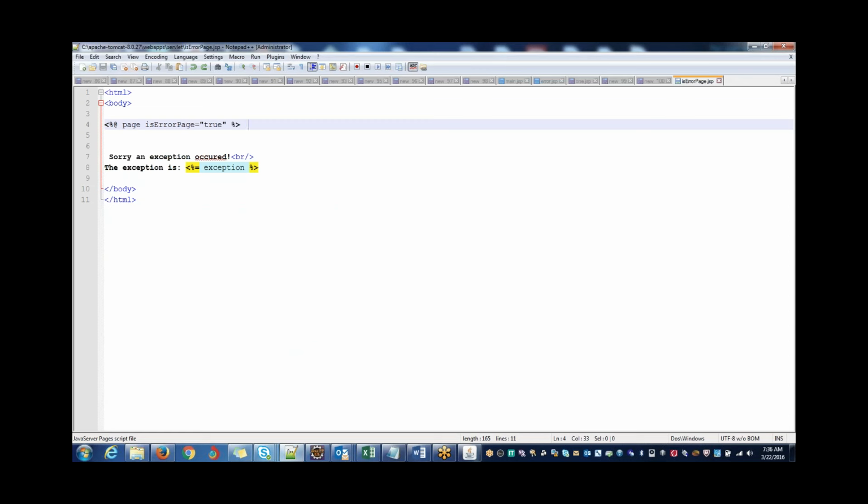How many implicit objects are available for us in the service method? Total 9, right? In that, is the exception present or not? Yes. By default, if this error page is false, this is not even declared in a servlet. Whenever I make it true, this will be declared, and if any exception comes,